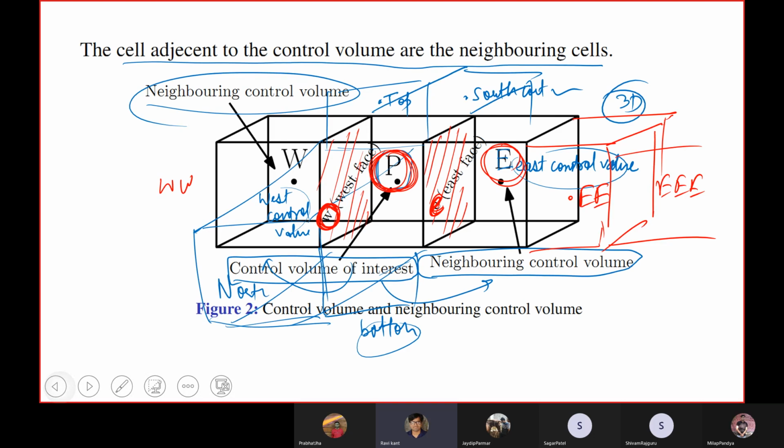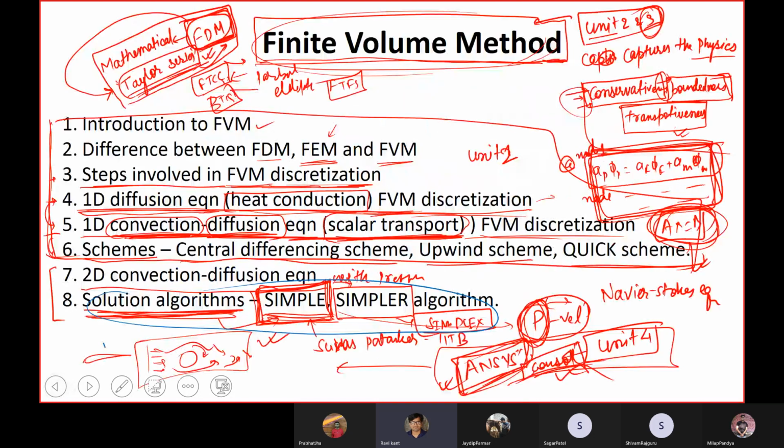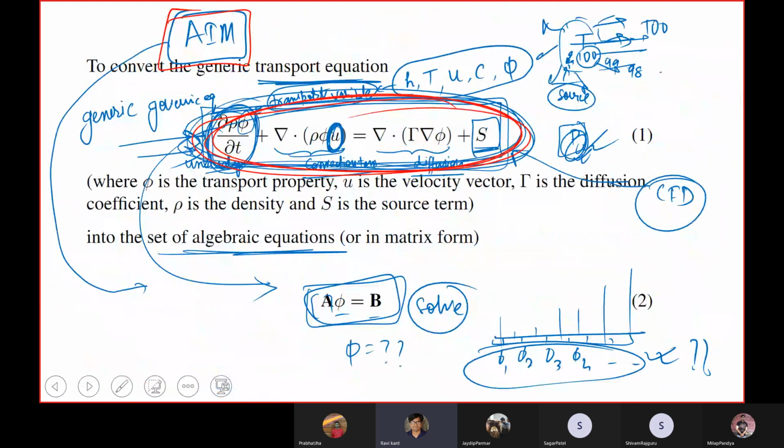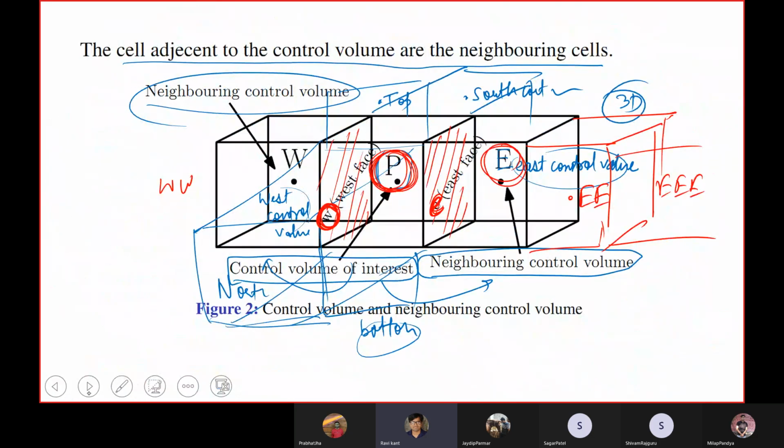So in the last class, we started a new method to tackle fluid mechanics problems. Not only tackle, we can actually solve fluid mechanics problems numerically with this method. And this is the most widely accepted method because of the underlying physics that it captures inherently. We have already introduced and taken up some key features. Today we will start with this governing equation, and